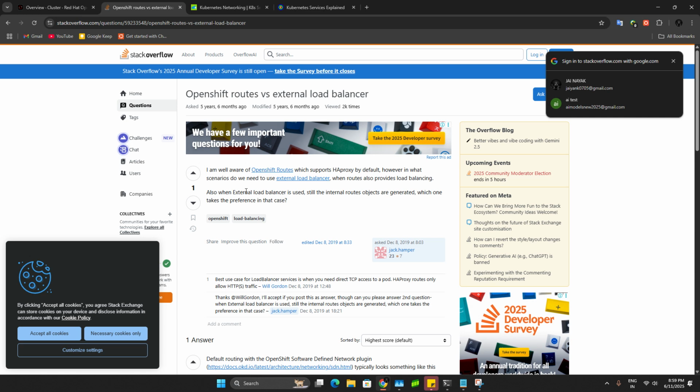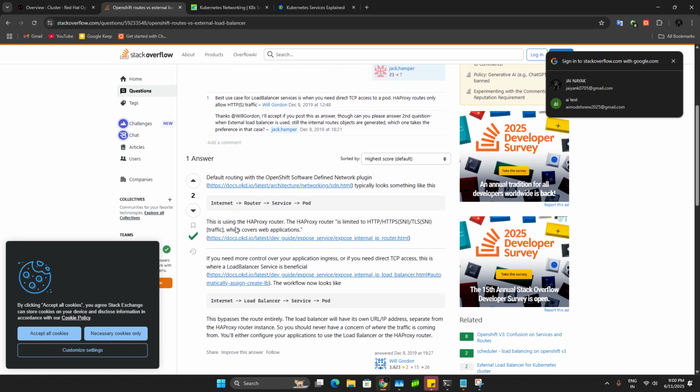But for multiple things we can expose with routes, it requires creating multiple CNAMEs, and that won't be a convenient and professional way. So the traditional way, a load balancer, is there. We can use the HA proxy external load balancer, and that is the answer they have given, right?